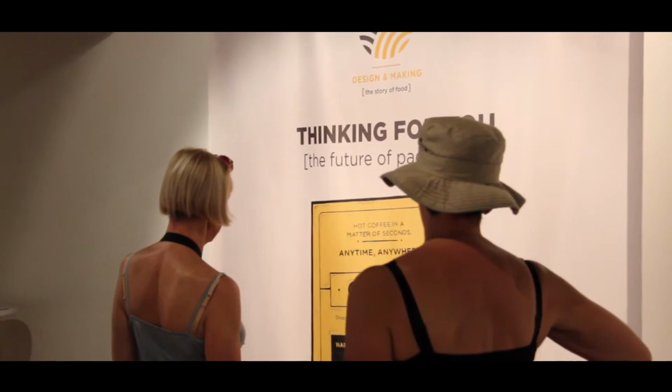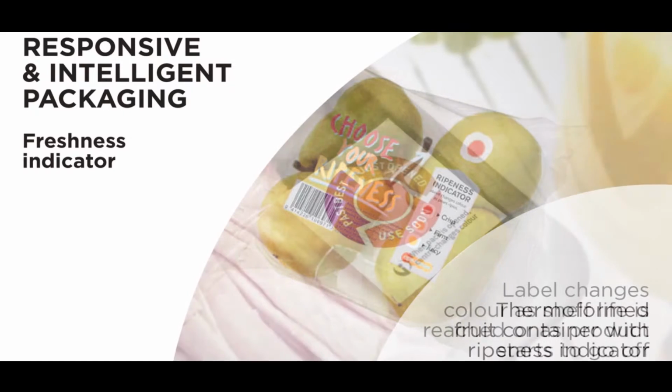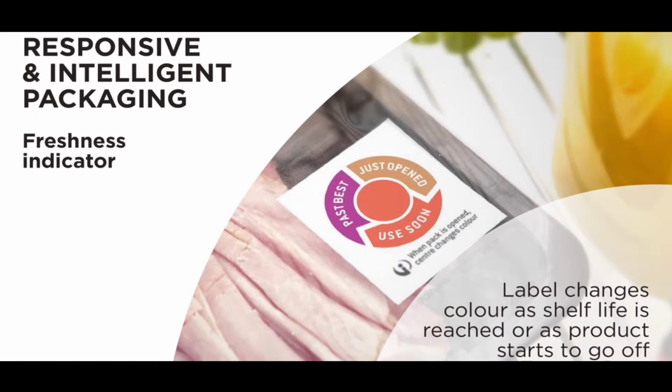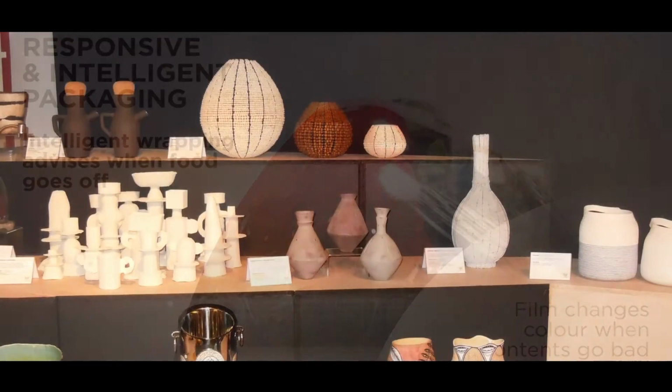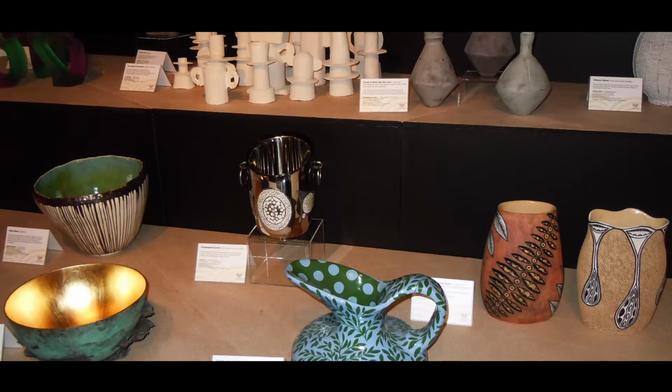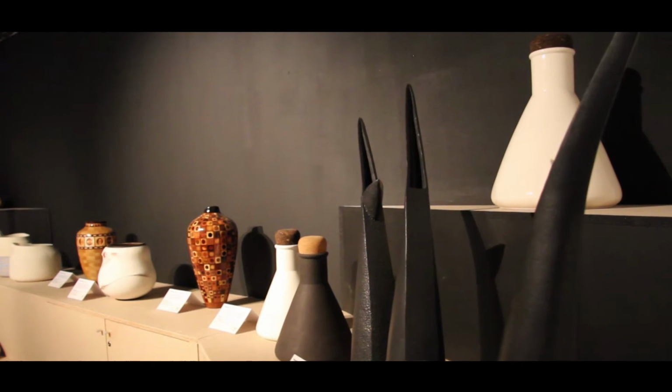The packaging of the future will think for us, achieving a scientific conversation between container and contents. The plastic wrap or carton can change color to indicate the food's readiness, or ripen and grow the food on the way to market. This exhibition started with objects made by hand and ended with objects made by craft artists